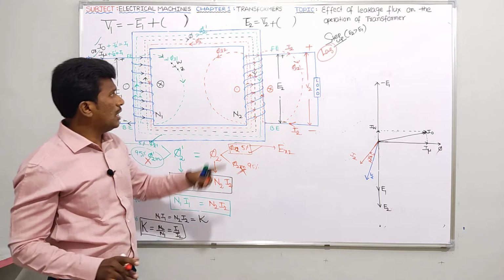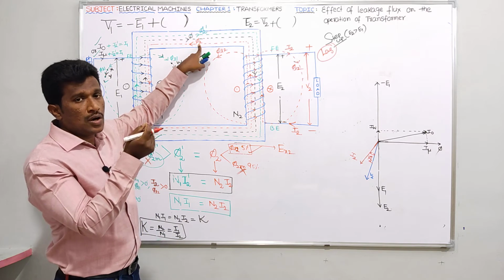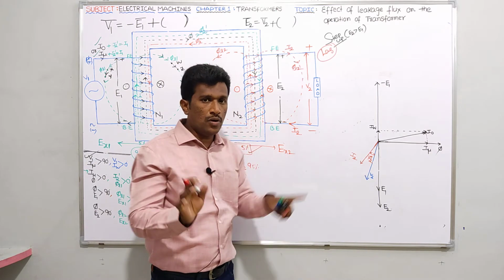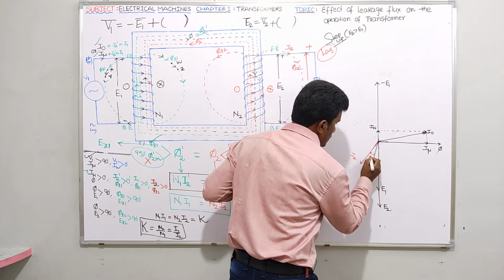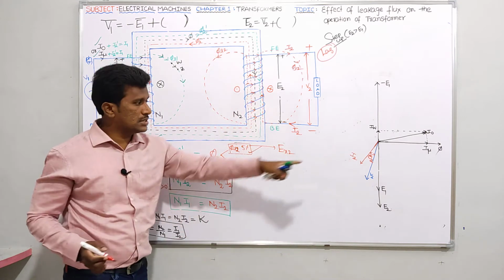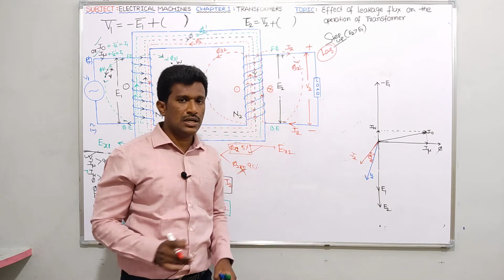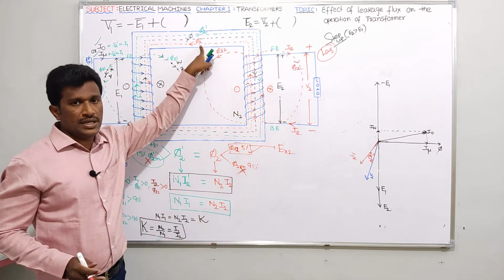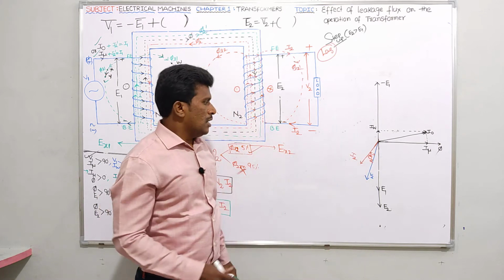Guys, don't confuse with the angles. Here pi 2 means I just used this pi 2 from the flux point of view. Here pi 2 means angle. If you are having doubt, I'll do one thing. Let me change this notation. Otherwise you will be having some confusion. You may think that pi 2 is flux. In this case it is an angle. Okay. So let me change the notation. Let me use this theta nomenclature. Generally the angle between I2 and V2 is pi 2 only. But since I already used the pi 2 term here, I just changed the notation from pi 2 to theta 2. Is it clear? Right.